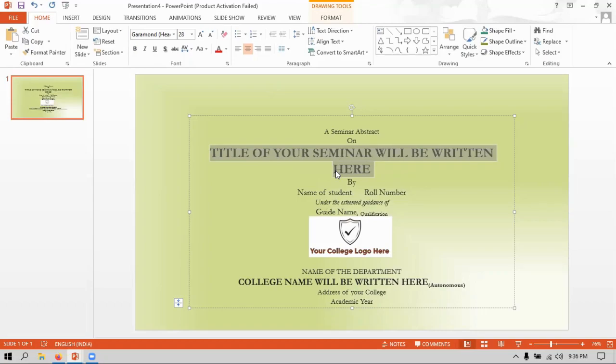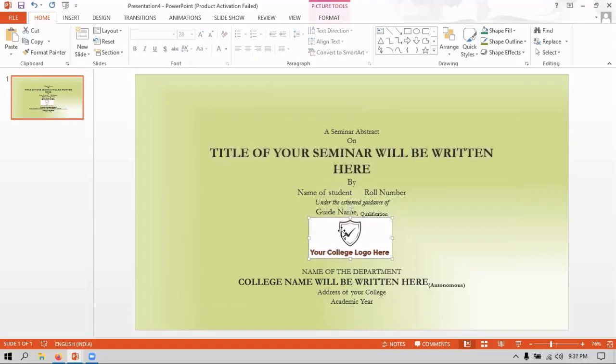Because the first priority, that means the first thing that we need to highlight in the cover page of any seminar report or project report, is the title. Then second, we need to highlight the guide who was guiding you, with some notation called "under the esteemed guidance of", which has to be represented in italic, followed by the guide name and the designation of your guide, which you have to mention.